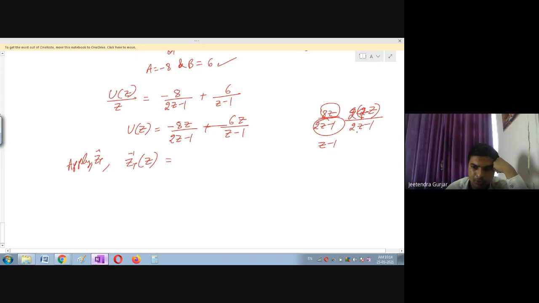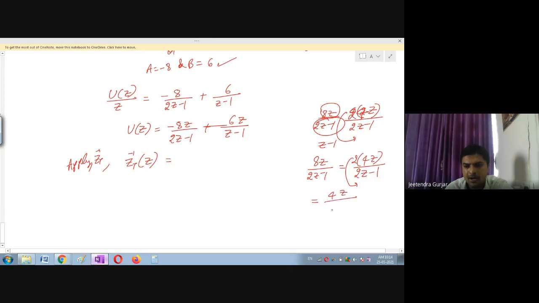So I want to remove this 2. The coefficient of z must not be there to apply the formula. See, I will tell you once again, 8z upon 2z minus 1 is there. I will take 2 outside, that will be easy. 4z I will take inside the bracket, divided by 2z minus 1 is there. Am I right? So 2 I will take it in the denominator, so that I get 4z divided by 2z minus 1 upon 2.